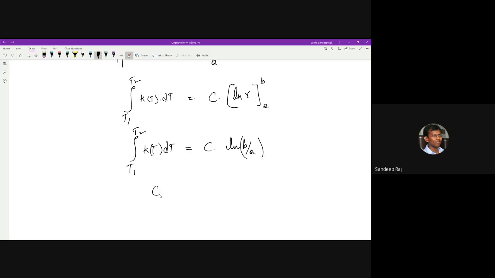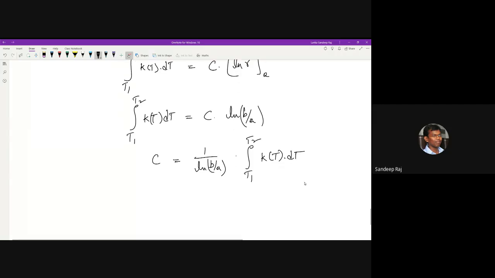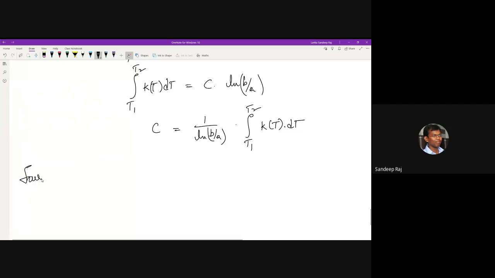So from this, what I'll write is C, which is equal to ln b by a, on the other side you'll get the integral from T1 to T2 of k of T into dT. This is your C. Okay. Now, from Fourier's law of heat conduction, what can I write? I can write the expression for Q. Expression for Q will be k into